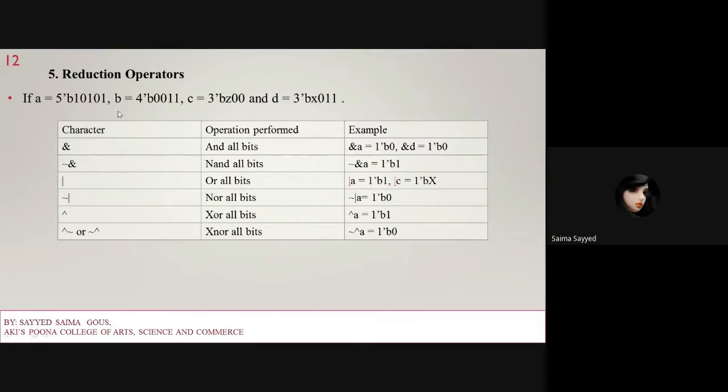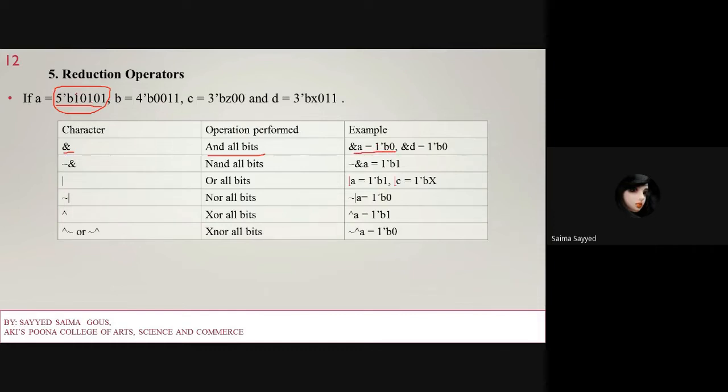A is equal to 5 bits. Now we have taken a 5-bit binary number 10101. Then B is 4 bit, C is 3 bit, and D is also 3 bit. Now reduction AND, so ANDing all bits. Just AND all bits of this operand, only A. So here ANDing A will give you 1 bit binary 0. How?